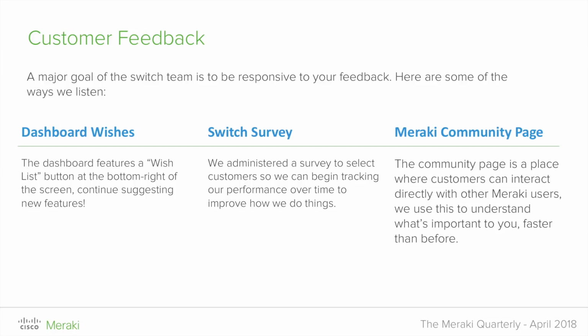And then our Meraki community page. There are a lot of Meraki users today on our community page. It's a great and active community that really helps each other in terms of making sure that if you have any questions, they can be easily answered. There are a lot of current users, so if you have any questions, you can ask those there. We also have our employees answering questions there as well. So very active community page. Definitely recommend everyone get involved there.